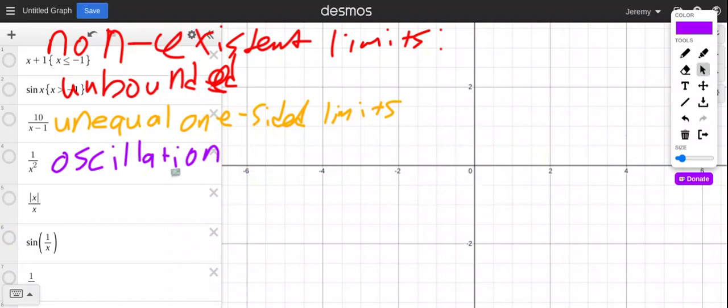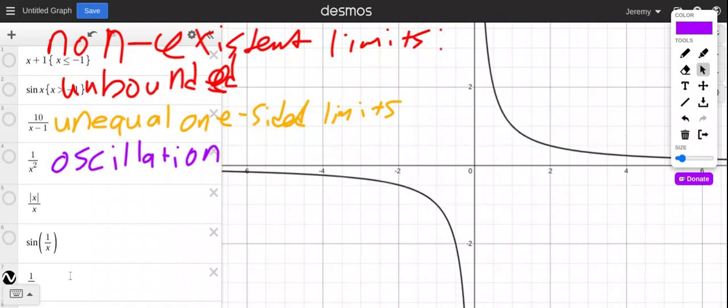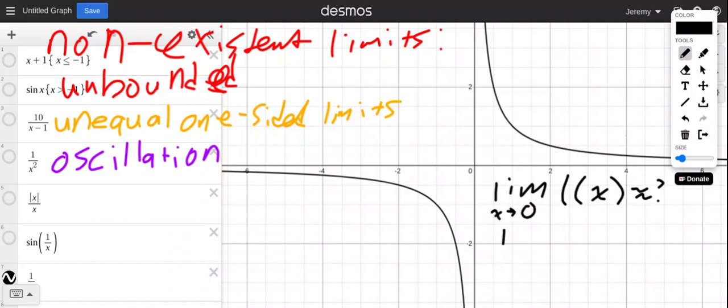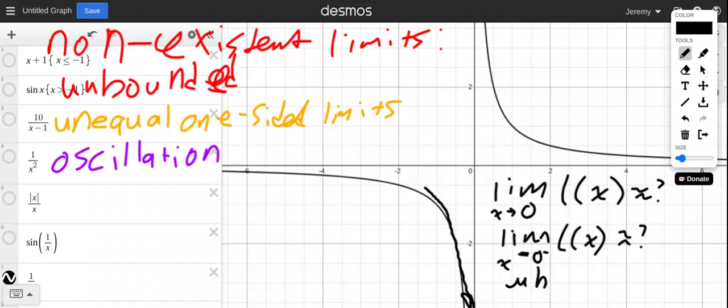So, alright, that's another example, and the last one I have over here is 1 over x. I want to figure out what the limit of L of x as x approaches 0 is approximately equal to. Again, the first question, what is the limit of L of x as x approaches 0 from the left? From the left side, it seems like it's going unbounded, and this one is going unbounded in the negative direction. So it does go unbounded,